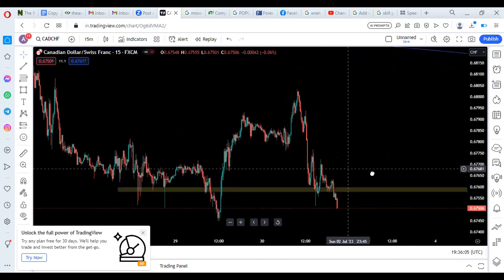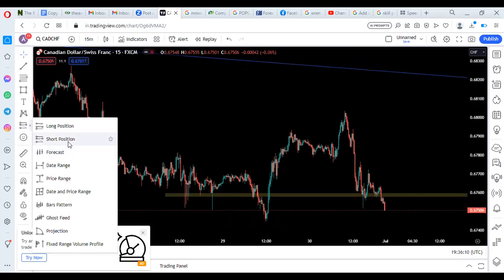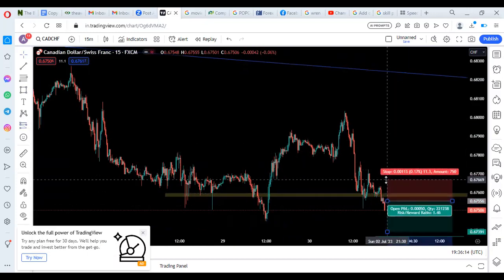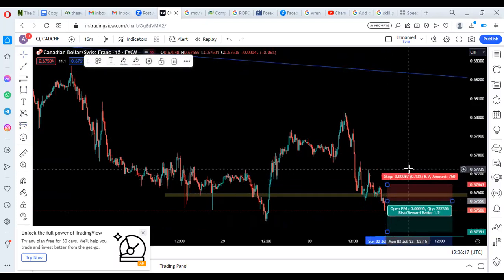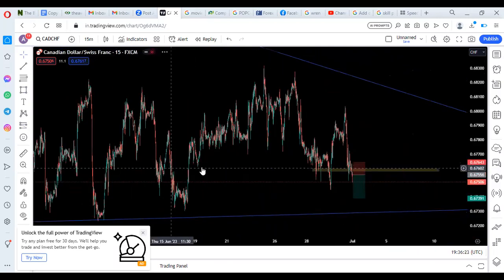So from here, I can place my trade. Let me see how many pips it is going to take me. So let's assume that I place my trade here and I put my stop loss here. So I'm risking just 8 pips and I am taking profit of,